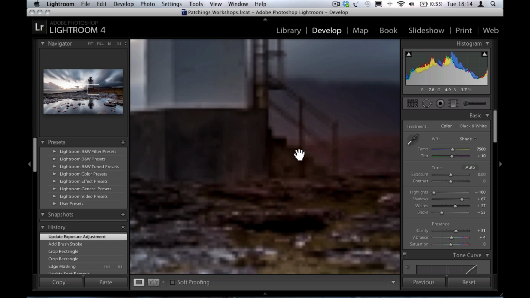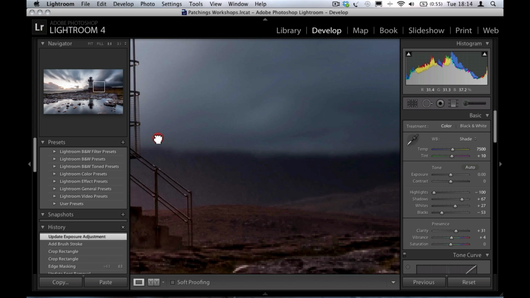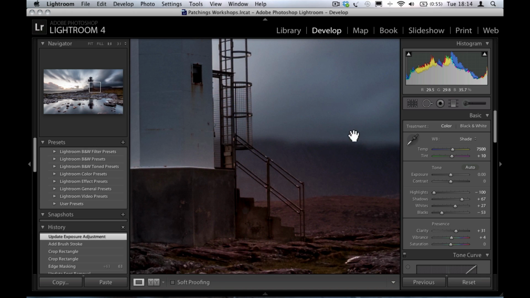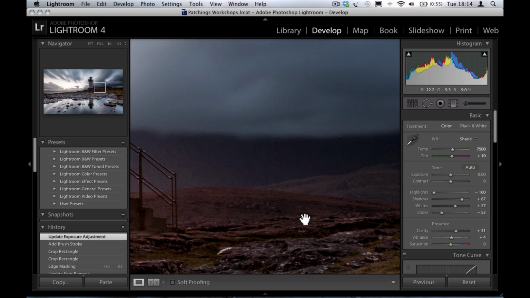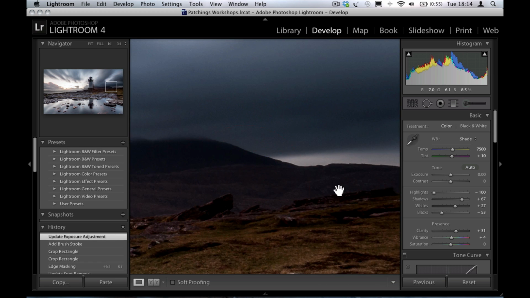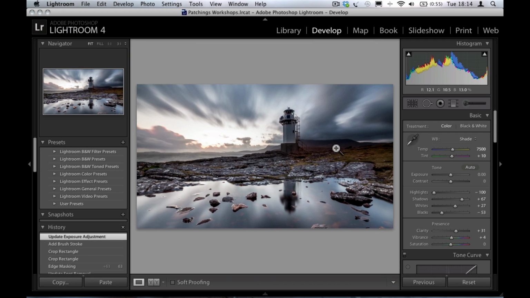What I tend to do now is I'll zoom in on the image and have a look at how it's affected on quite a micro scale. You'll see it's picked out the detail in the hills, it's picked out the mist, you can really see the steps going up, and it's picked out a little bit more detail in the mid distance. So that's done a good job. It's quite a sensitive, gentle little bit of editing there just to bring a little bit of colour into the image. What we could also do, I mean,